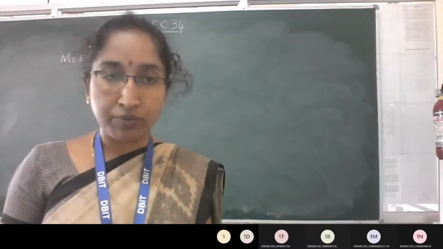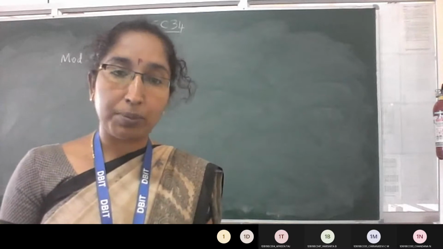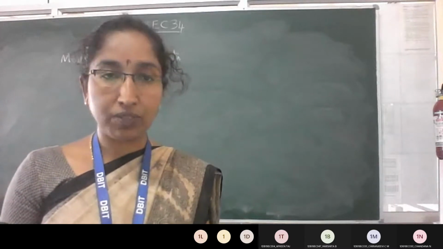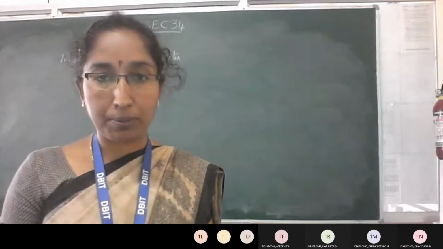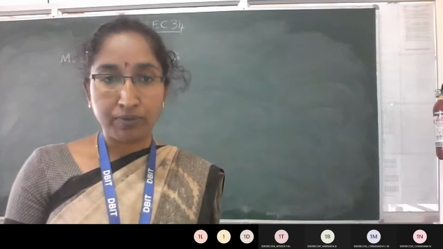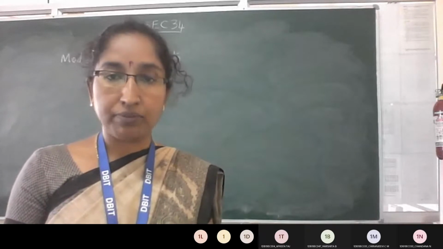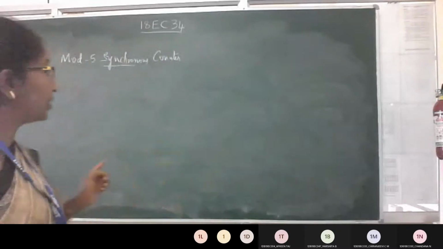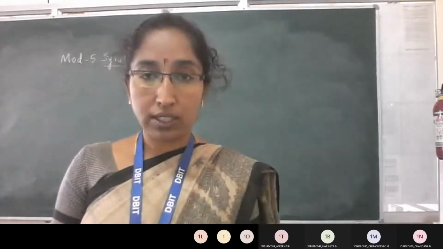If the question is like this, take D flip-flop as the default, because the D flip-flop excitation table is very simple, it is the same as the next state table. So prefer D flip-flop if they are not specified. If they specify, you have to do that. Design means you need to write a truth table, then you need to write the logic diagram using the particular flip-flop. And also remember, it is mod 5.